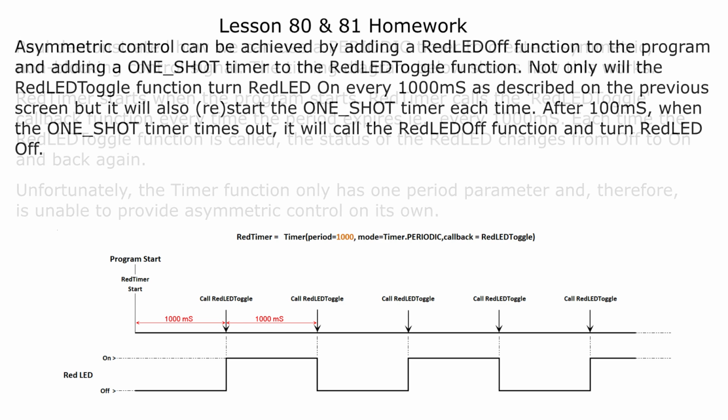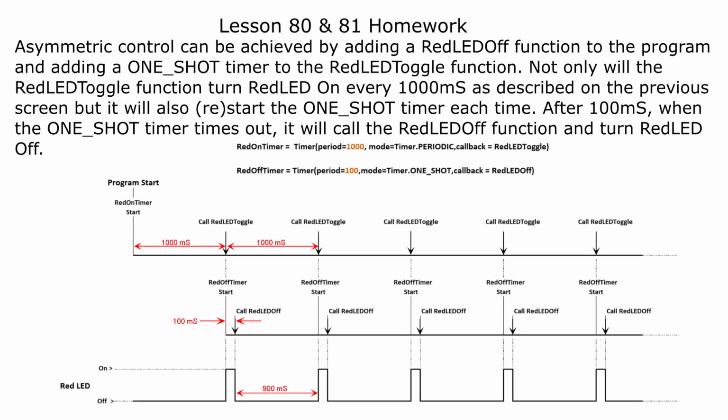on its own. Asymmetric control can be achieved by adding a red LED off function to the program and a one-shot timer to the red LED toggle function. Not only will the red LED toggle function turn red LED on every 1000 milliseconds as described on the previous screen, but it will also start or restart the one-shot timer each time. After 100 milliseconds, when the one-shot timer times out, it will call the red LED off function and turn red